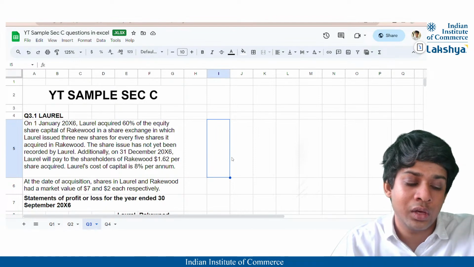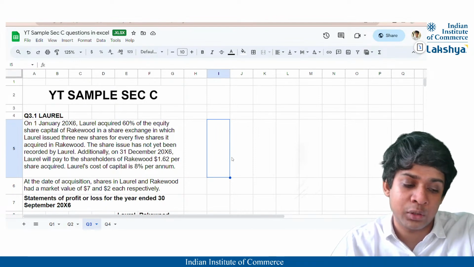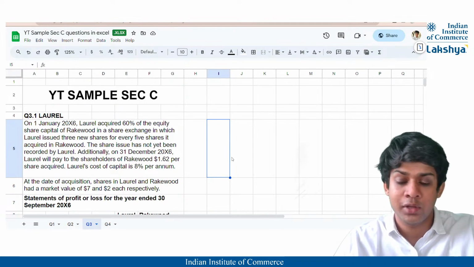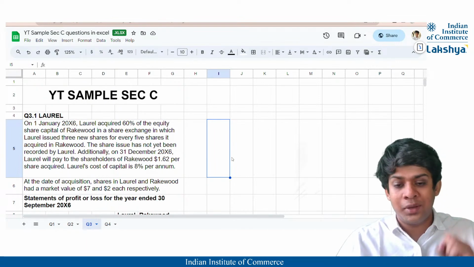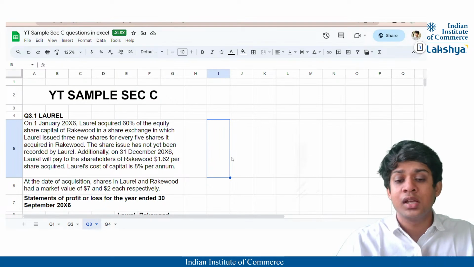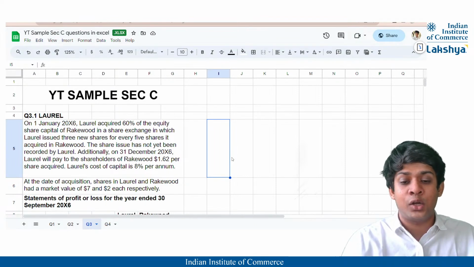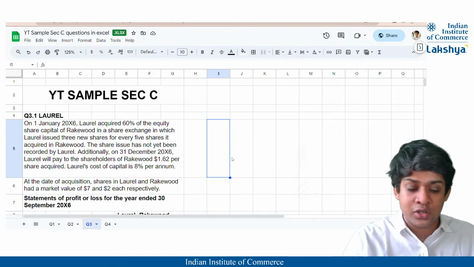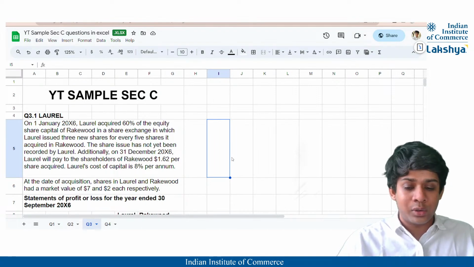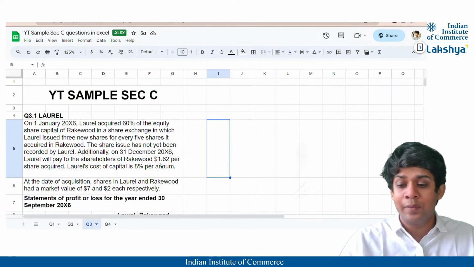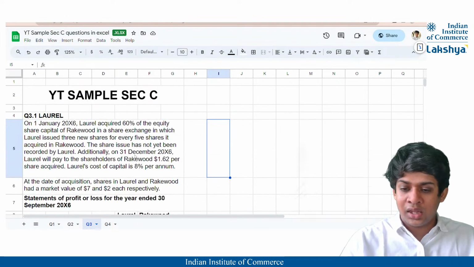Now we are going to head towards our first sample question that we are going to be dealing with today. So today we'll be doing one sample question and tomorrow we'll be doing the remaining three sample questions. Day after tomorrow, one more, and the day after that will be one more. And that is how we have planned to complete our whole revision session. So today we'll be doing one question that is from the section C,